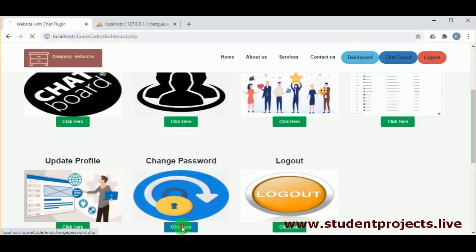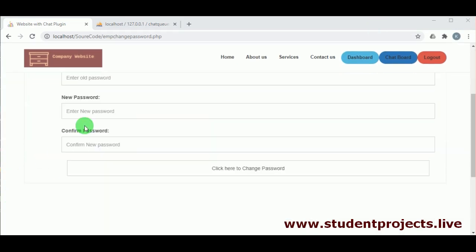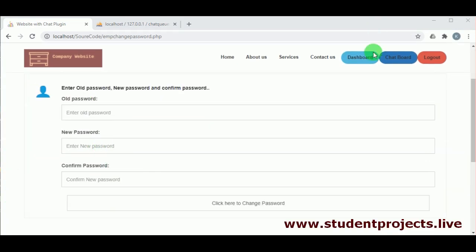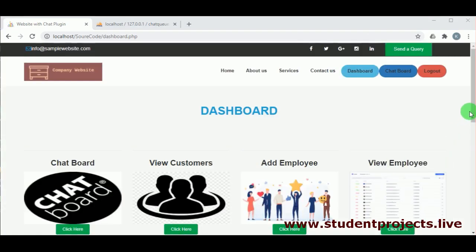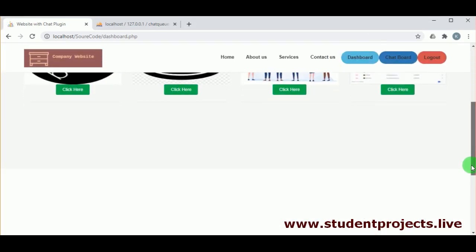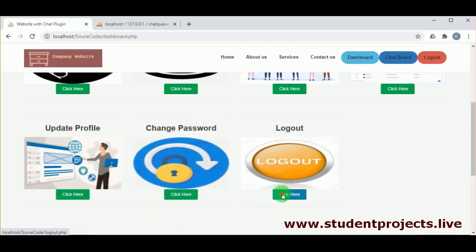And in change password, the admin can make changes to his password, by mentioning the old password, new password and confirm password. Now let us log out from the admin.